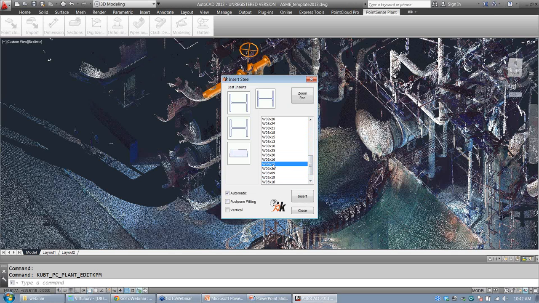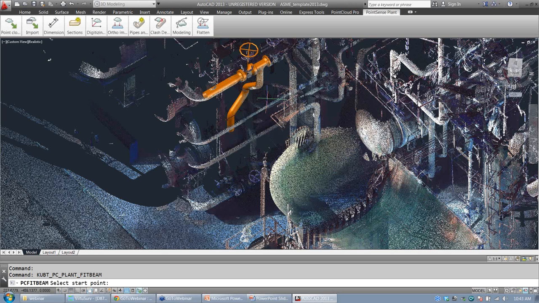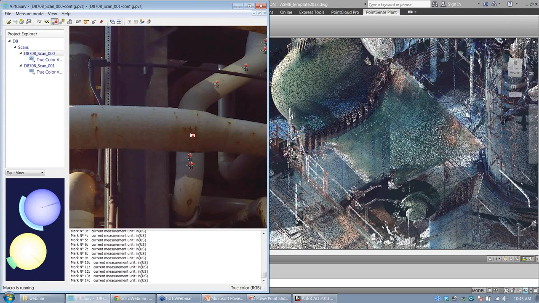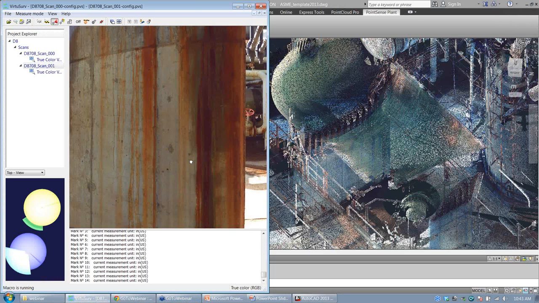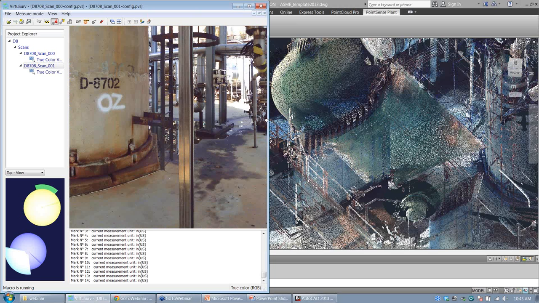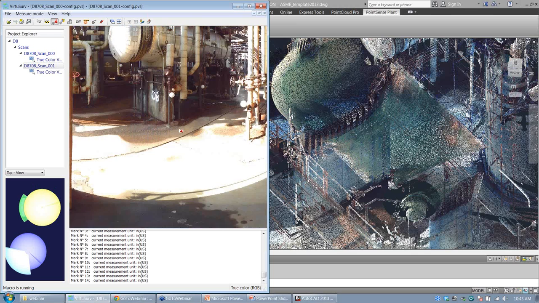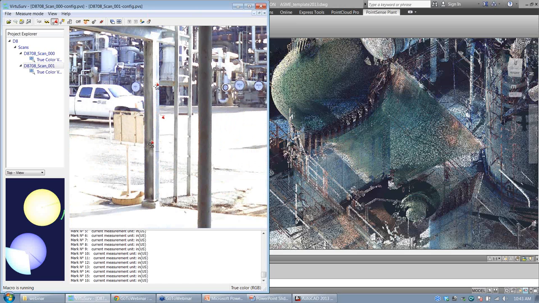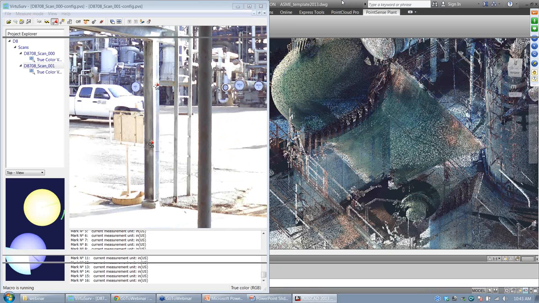So what I'll do is I'll go down here and choose a 6x15. You can see all my different options here. I'll actually leave it how it is. And my piece of steel, I believe, is right around here. And I'll actually go into VirtuServe. Now, if I can't see this piece, I can actually just switch over to this other view and move over this way. Now I'll be able to sort of zoom in on the steel. Actually, I went the wrong way. There we go. So very similar to the piping stuff, just 2 points. And it's going to fit that